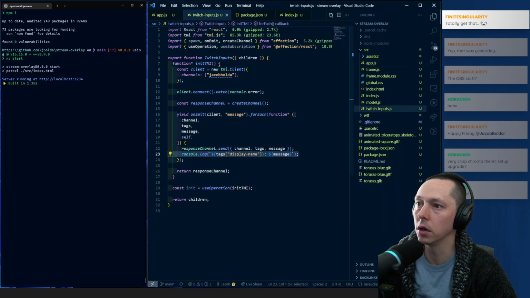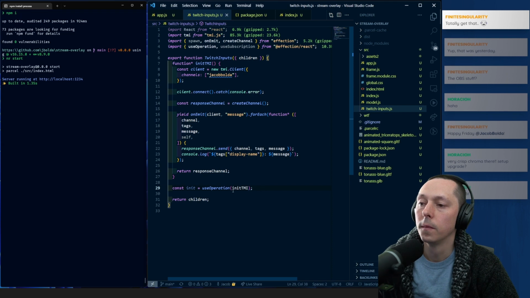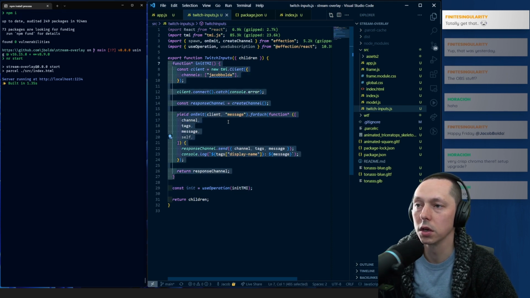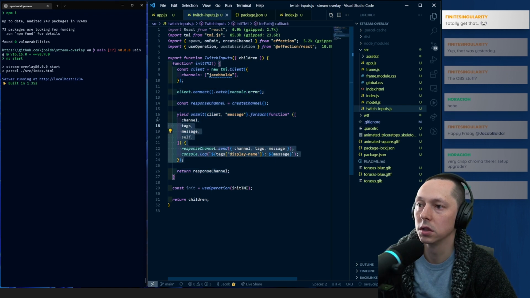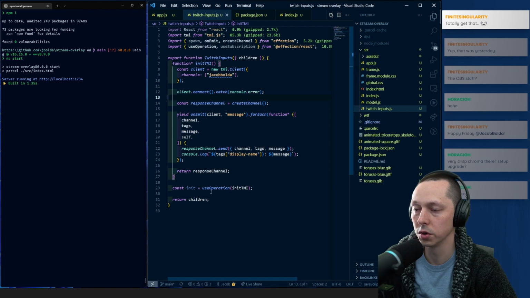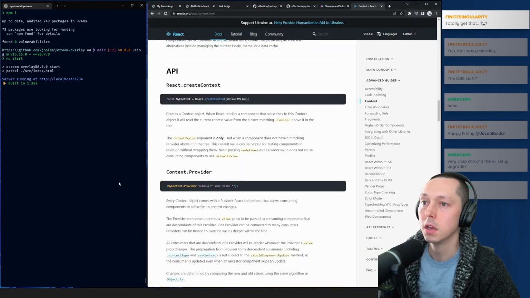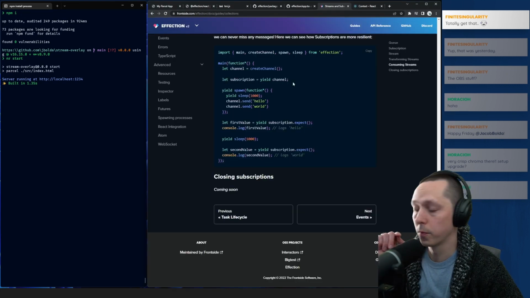the question that we need to understand: we've got basically this function that connects the TMI client, sets up the event listener, starts sending information into the channel that we've created, and it's returning that. And like this little bit, returning it, and what do we do with it? That's the part that I think I need to kind of figure out. But